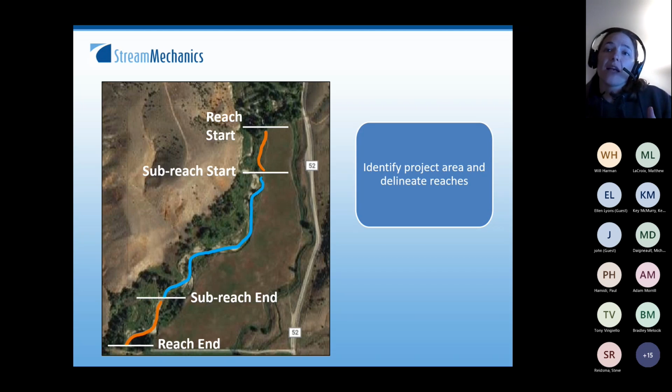But if your main stem has a significant slope break in it, then you'll have a separate reach for the steeper portion than for the flatter portion, because those have 2 distinctly different conditions that you're going to measure and evaluate. So reach delineation is primarily landscape driven and potentially restoration approach driven as well,